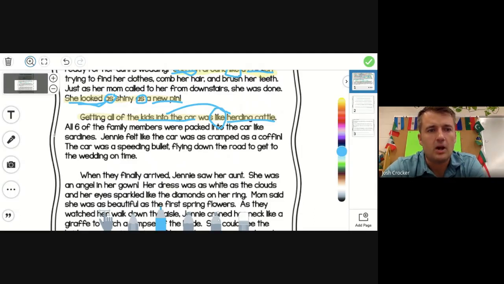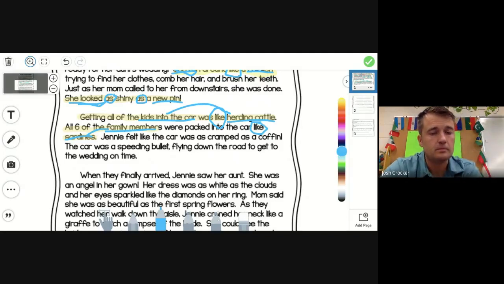Okay? All 6 of the family members were packed into the car like sardines. I heard another comparison there. What are we comparing? We're comparing the way the family members were in there to sardines. And if you've ever seen a can of sardines, I would not be surprised if you haven't. They pack them in really tightly. There's no extra room. Okay. So we're comparing the family members to sardines. Okay. Did we say like or as, or did we just say that they were sardines? Car like sardines. That makes it a